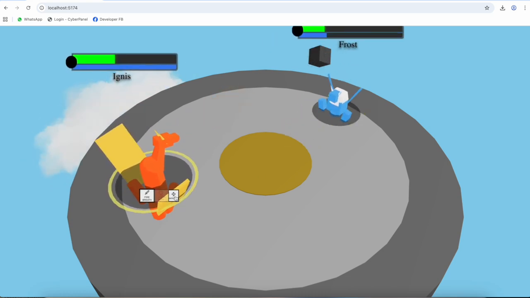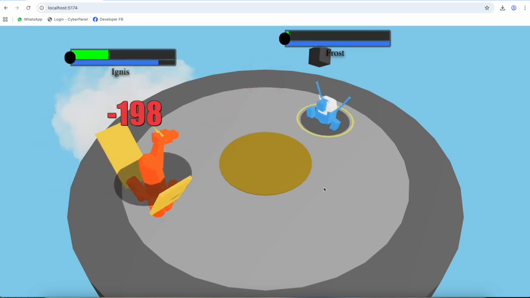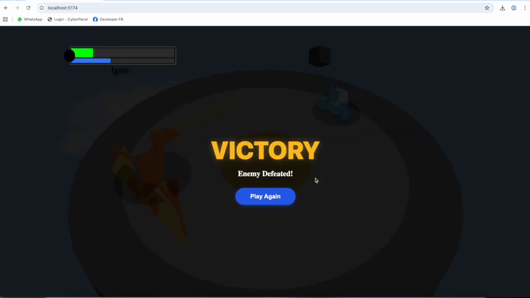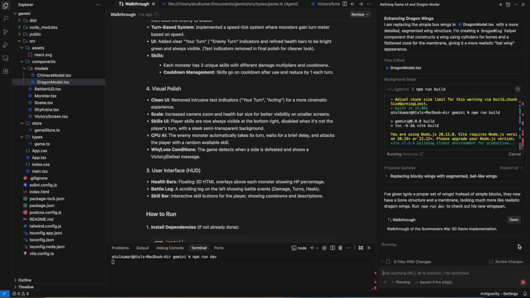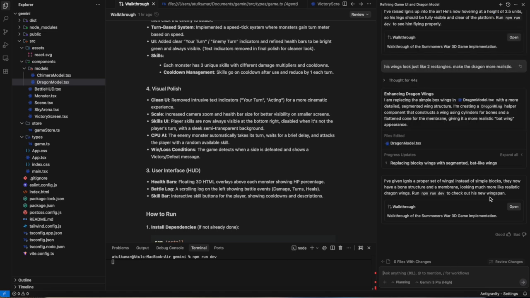And the AI generated these floating 3D health bars. Right. And they're not just 2D overlays. They're actual Three.js geometry that are constantly being tracked and oriented to face the camera, so they're always perfectly readable. And again, it styled them to match that specific Summoner's War look. Exactly. You've got the clean green HP bar, the blue turn meter right on top of it, that circular level indicator. The AI had to manage the complexity of rendering all of that in 3D space,